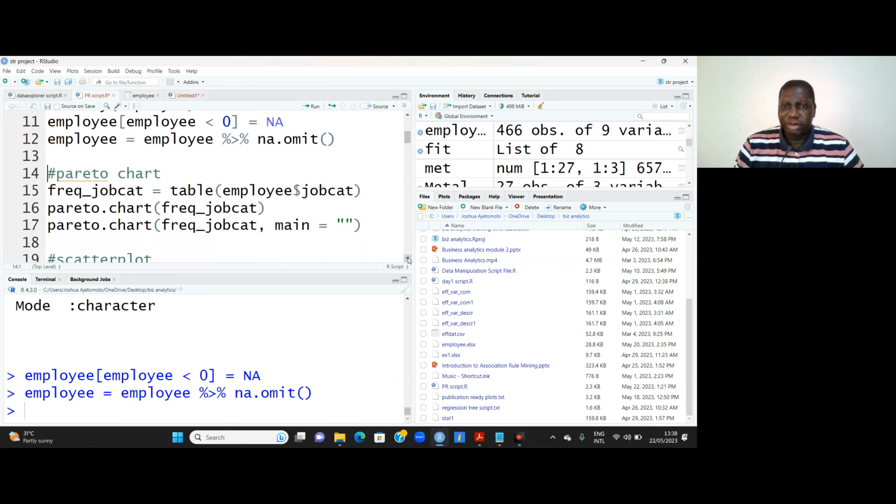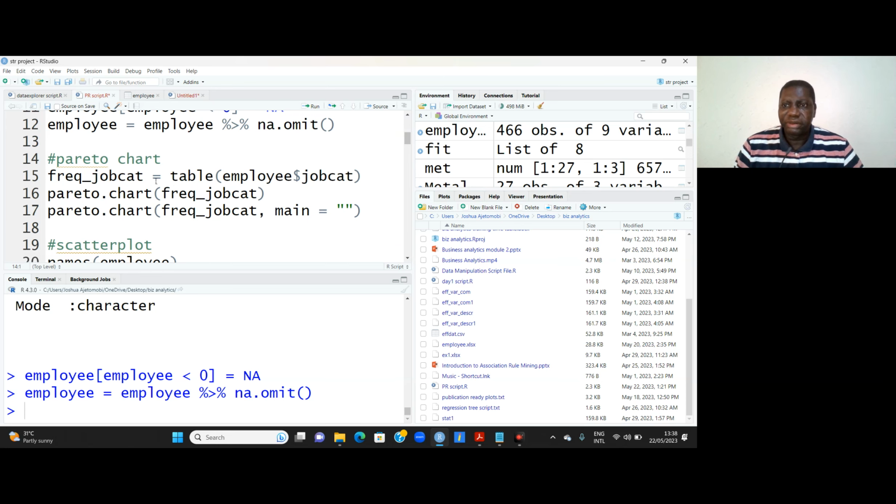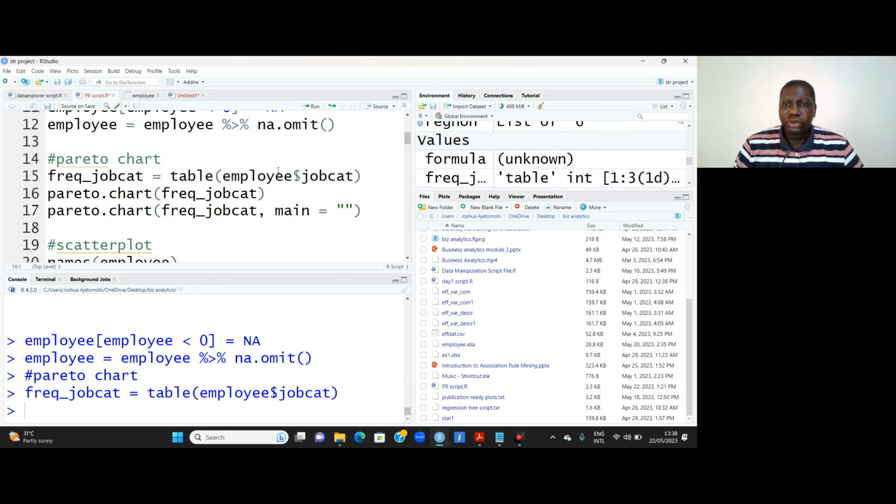So let's start by plotting the Pareto chart to show the frequency and cumulative frequencies. To do that, let us obtain the frequency counts for job category. I call it freq_job, table employee $job cat here. Run. So to obtain the Pareto chart, just a pareto.chart,